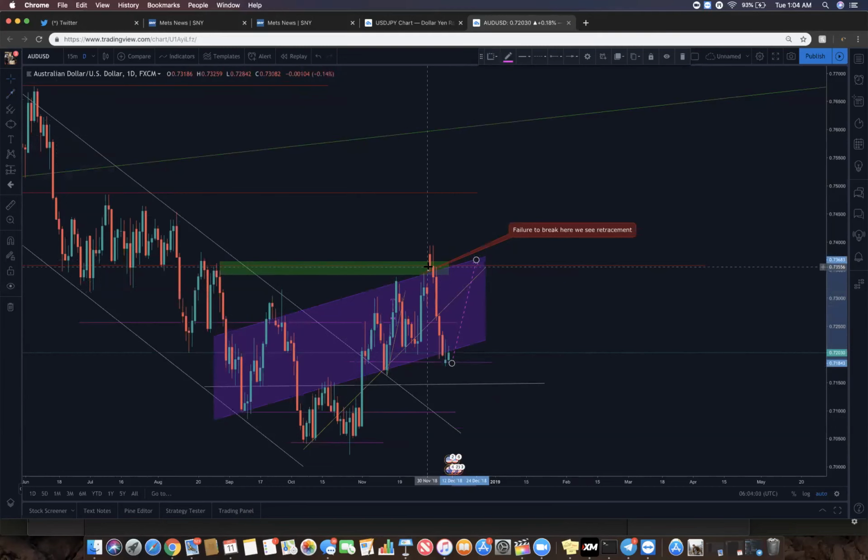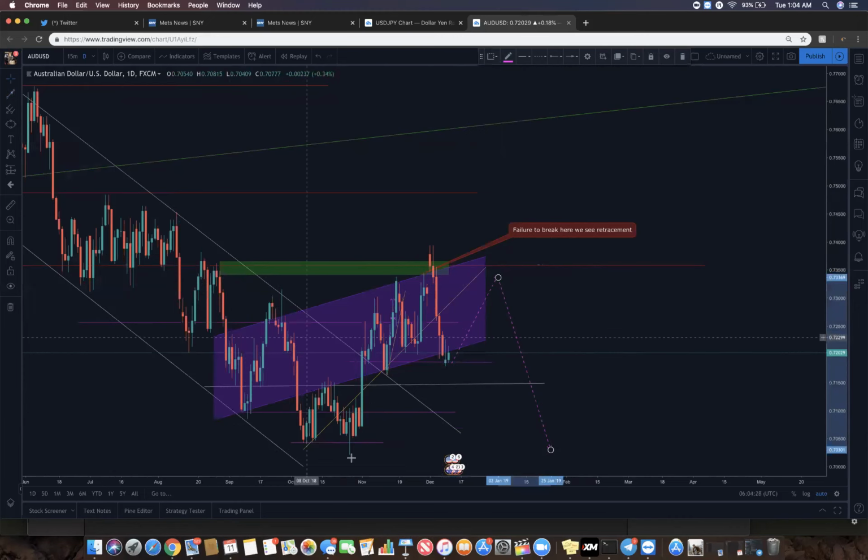You see what I'm saying? Mm-hmm. That's why I want you to get comfortable not only observing what the market is doing, but what it is showing you. Get good at identifying what the possibilities are. Because if the market does fail to break this green box we have here again, and then the market just drops here,